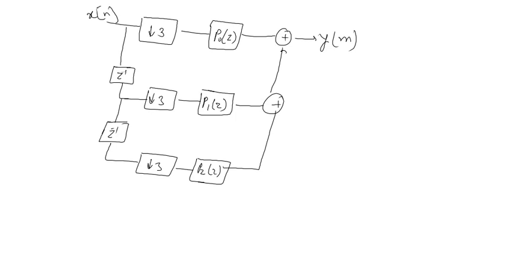Okay, so when you compare this particular structure, when we use the identities, what we see here is that we first downsample. Downsampled means we have reduced the samples here. Now we have only 1/3 of the samples compared to the original number of samples, and we are operating on the reduced samples, right? So definitely the computation power requirement is less. Okay, the same thing we can apply for interpolation as well.